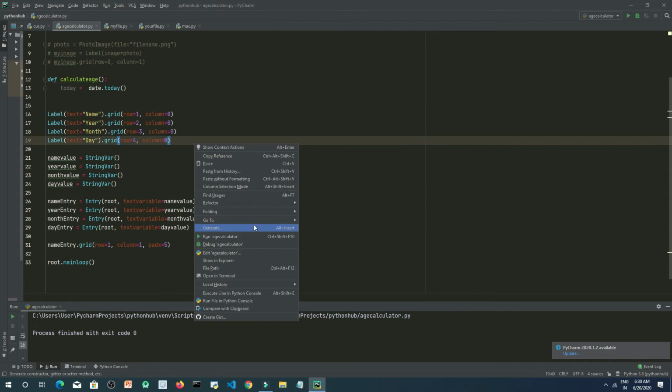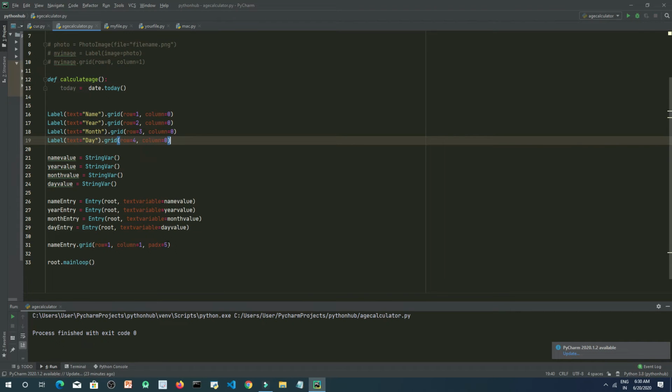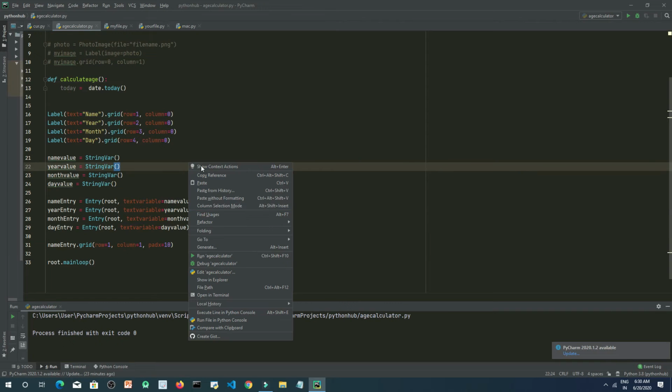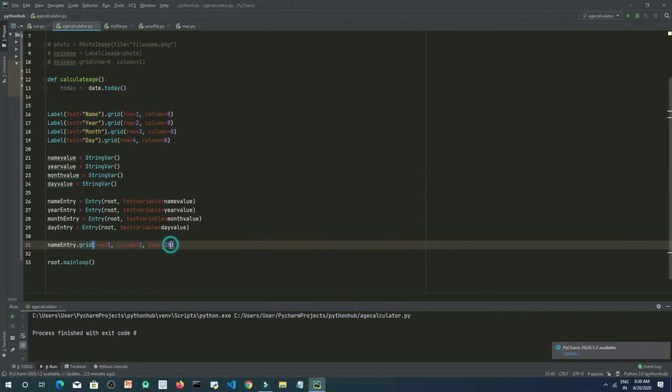Okay, and as you can see, there is some distance now. Now let's increase this some more. Let's run again. As you can see, it's some more distance. Okay, so now let's replicate them,